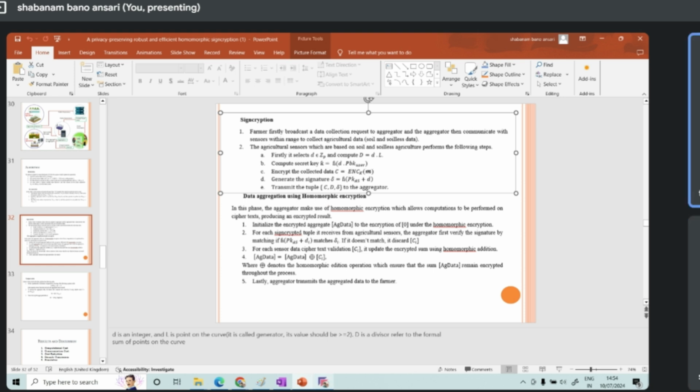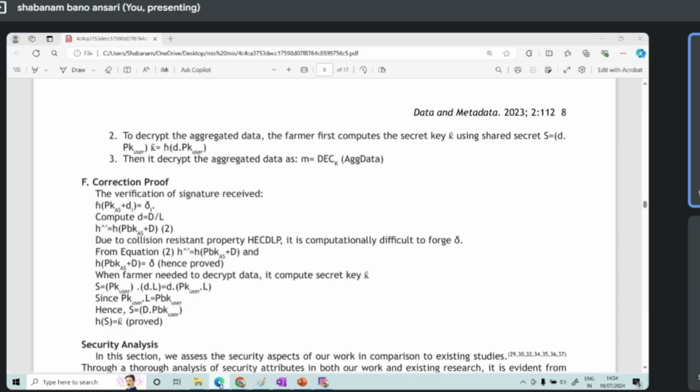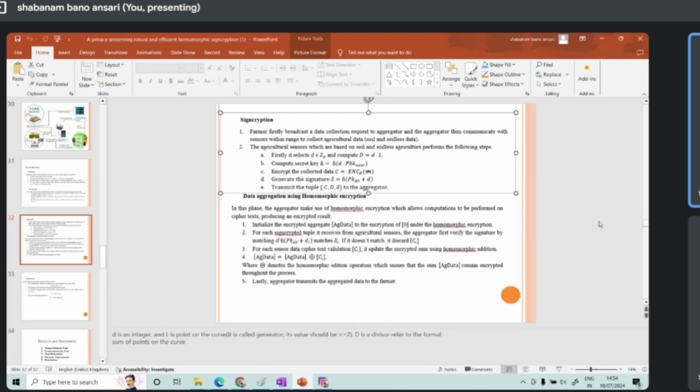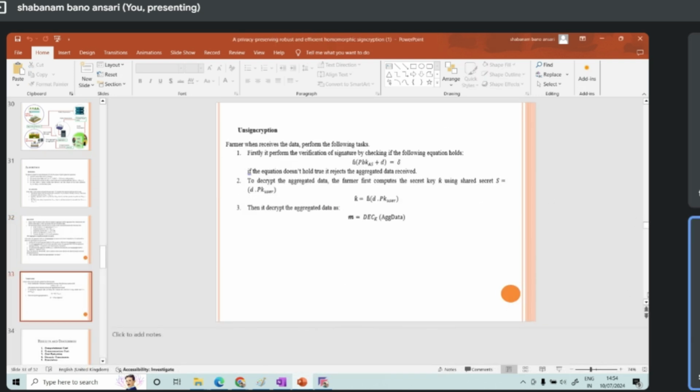Okay, I understand this. So see in encryption, the last slide. Here, see how it calculates. Here we have small d. It is written d dot small d dot PK user. For this, I told you that it will be upper D or capital D dot private key of user. Yes, it should be capital D dot PK user.